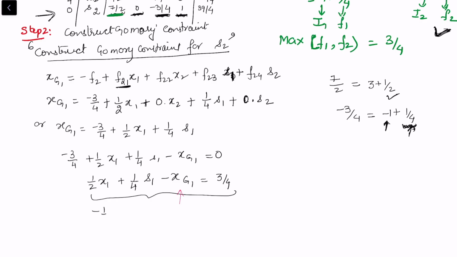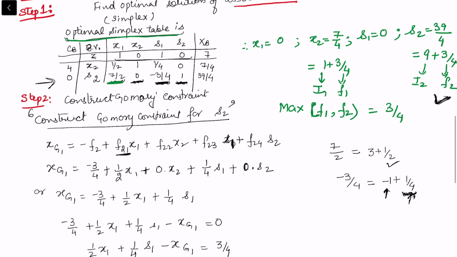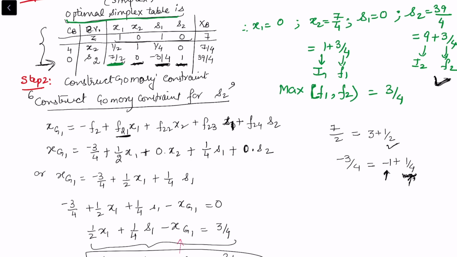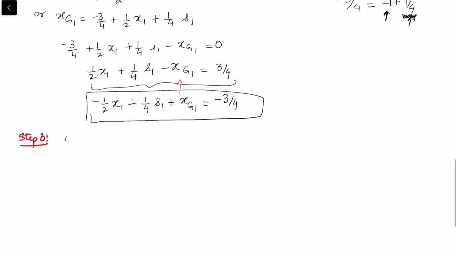So here I will do one more multiplication with the negative sign. So minus 1 by 4 s1 plus xg1 equal to minus 3 by 4. So this is the final Gomory constraint that I will add in the optimal simplex table, and that is what we call addition of a constraint. So this is what we did in the sensitivity analysis. So add this into this one. So that becomes step number 3. Add Gomory constraint